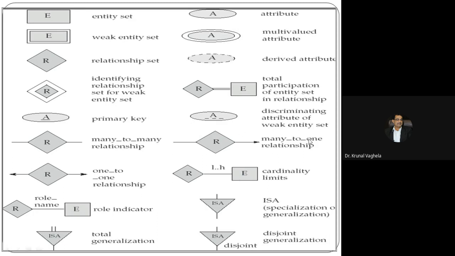This, see, many to one. So many, no arrow, one arrow. Got it? Don't worry if you don't remember now, but when we proceed and see many ER diagrams, you will understand. Rest of these we'll see, because many topics are pending. Generalization, specialization, we'll see all these symbols. Right now you need to remember entity set, relationship set, many to many, many to one, attributes.